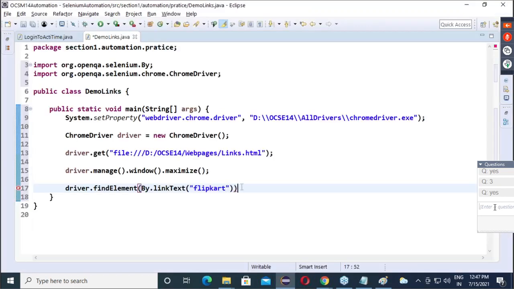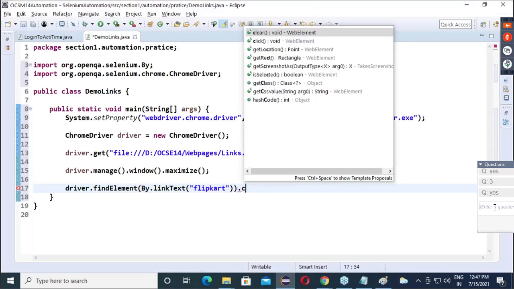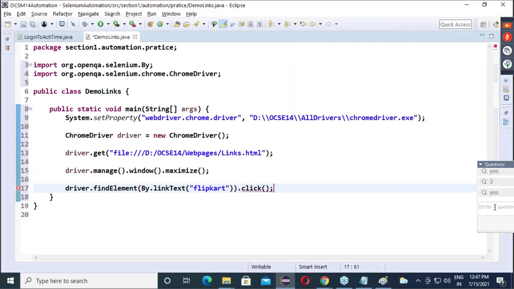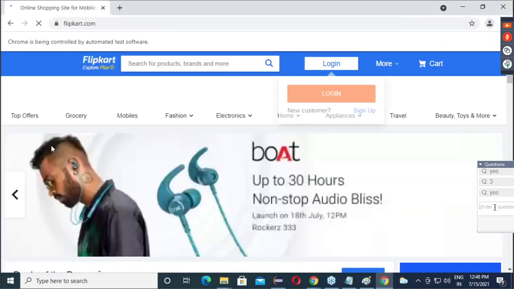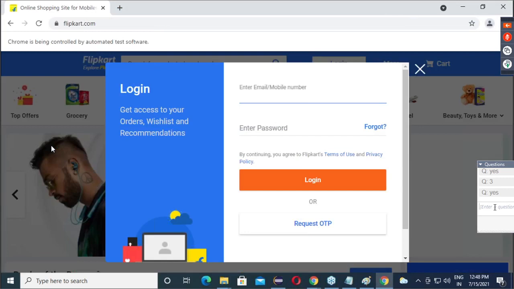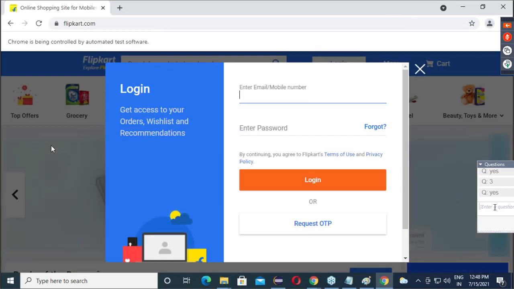So give here dot click, because we want to perform the click action. Shall we check whether it is working or not? Save this. Is it working? Clicking on Flipkart.